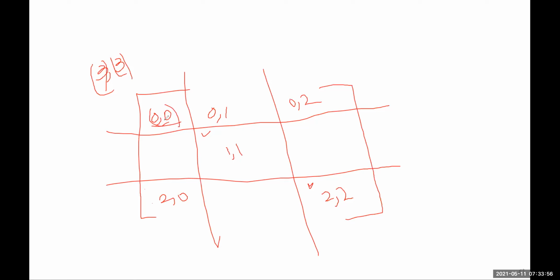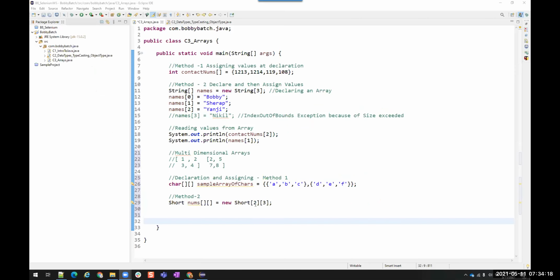So now you understood which index or which group of values will create this position. If you want to read the values from this position or write the values into this position, which index we have to use. You understood which index we have to use for which position. Okay, or do you want me to show another example? Understood. Okay, super. Let's go back. Now here we have a 2 by 3 matrix. Now I want to store values into this. Numbers of 0, it's a short value, so I'll just say 12. Okay. Now tell me the positions here.